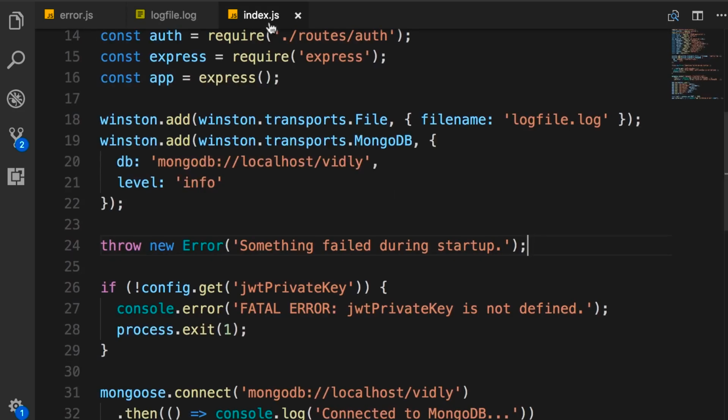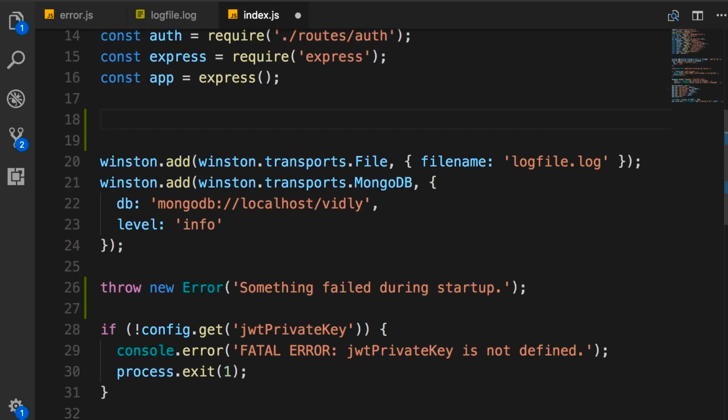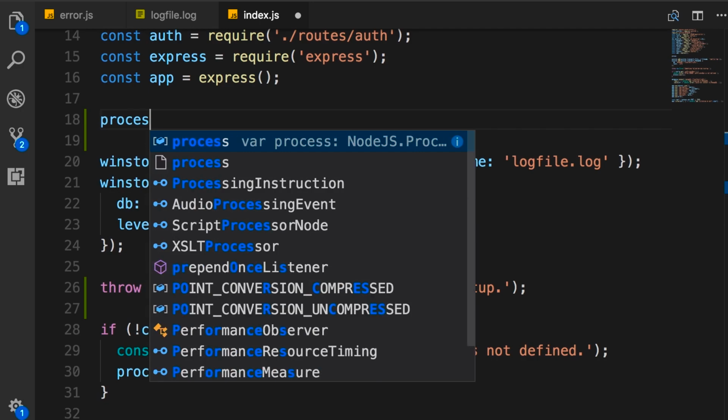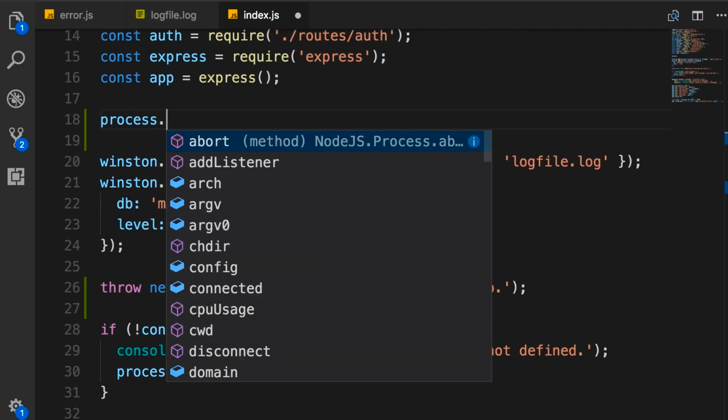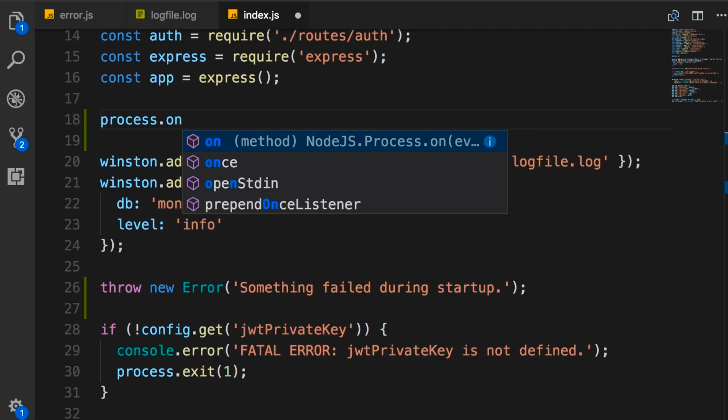So back in index.js, earlier in the course, you learned about this process object. This process object is an event emitter. Remember event emitters? An event emitter is an object that can emit or publish events, and it gives us a method called on that we use to subscribe to an event. So here in Node, we have a standard event called